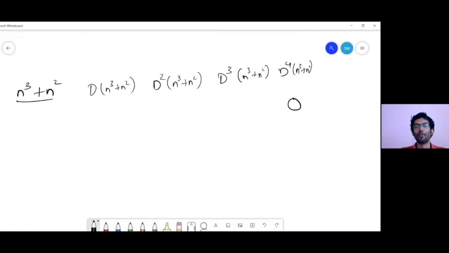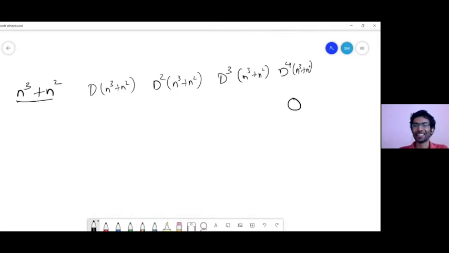It becomes 0 at the fourth stage. How are you able to say this? It is the highest degree of the polynomial plus 1. K plus 1, sir. D to the power of k plus 1 is always 0. Yeah, the degree of the polynomial plus 1. Now you are able to observe why n cube is becoming 0 at the fourth stage. Can you similarly explain why n cube plus n square is becoming 0 at the fourth stage? Because the contribution of n squared becomes 0 at the third stage.